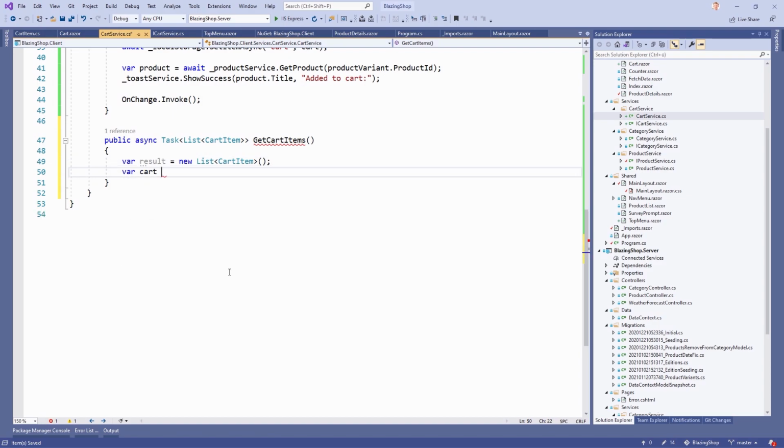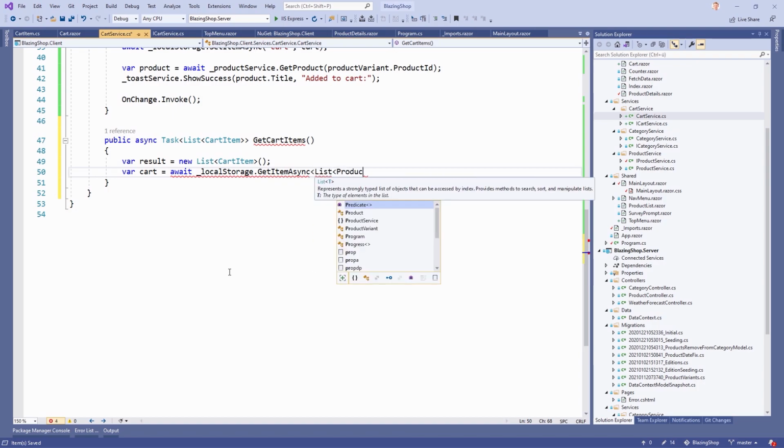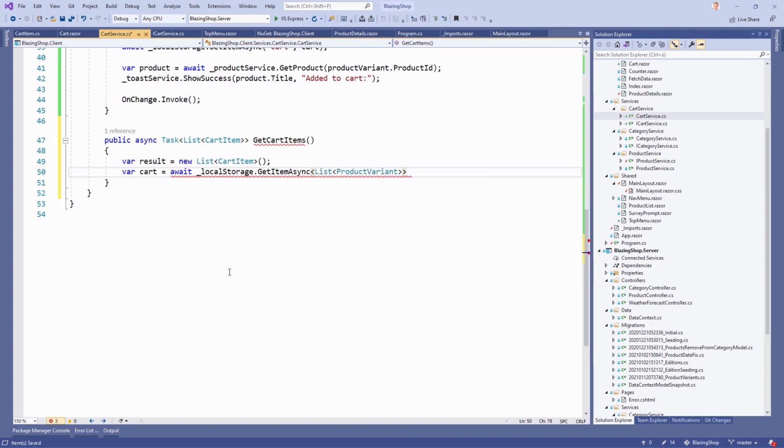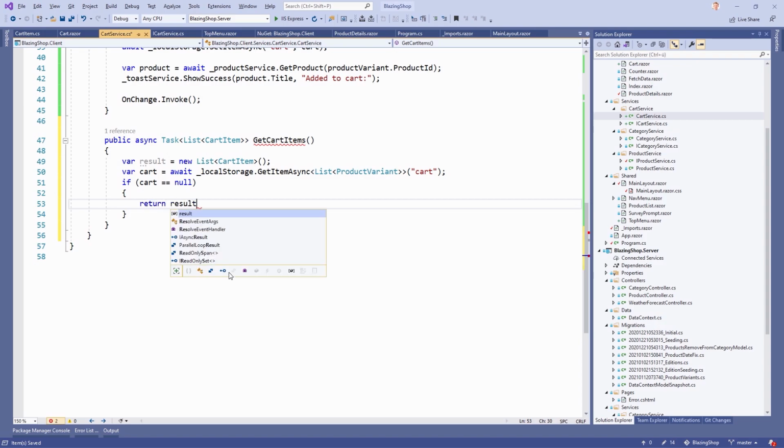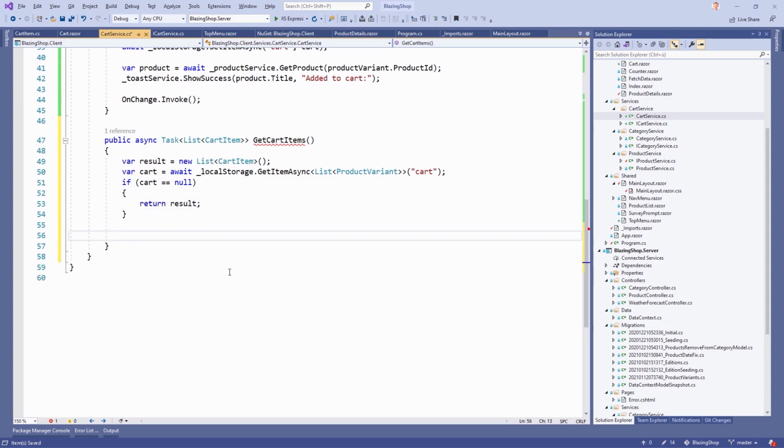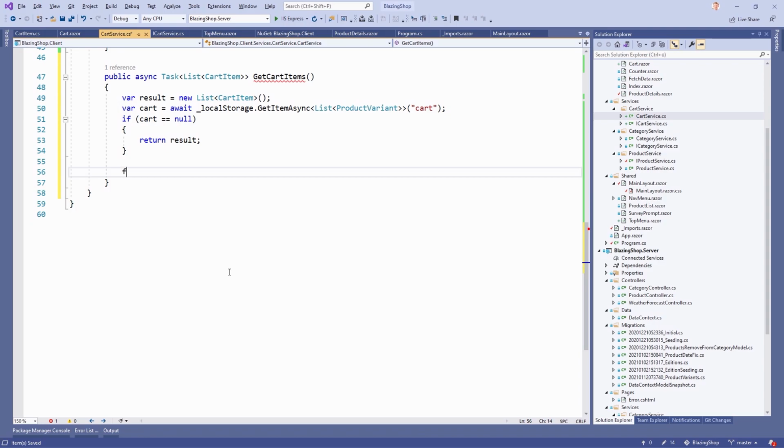Then we receive our cart from the local storage with await localStorage.GetItemAsync, which is a list of product variants. Name is cart. Again, if this thing is null, we just return the result, which is then again an empty list of cart items, but then in a foreach, item in our cart now,